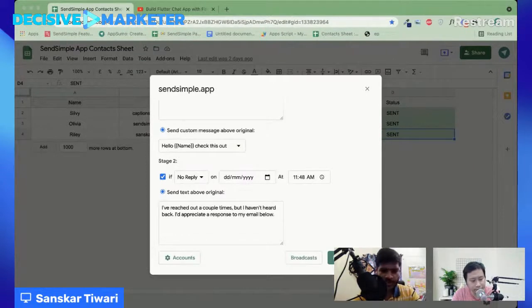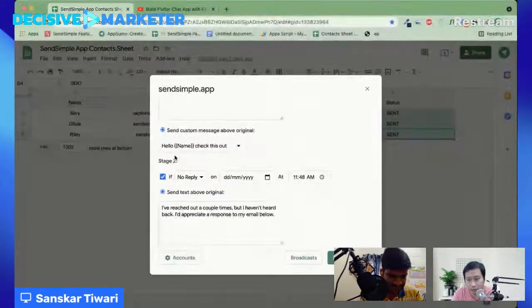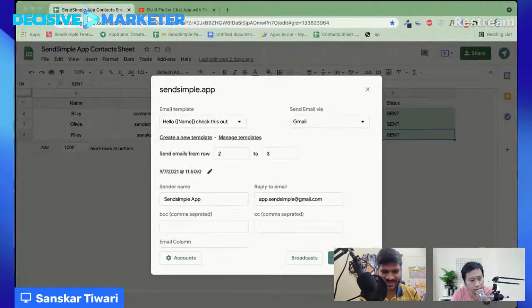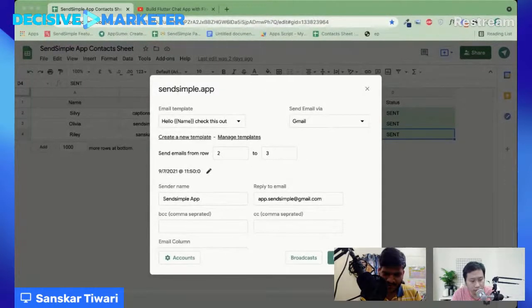So yeah, I have actually already posted a video of how we can use that platform with the SendSimple application to send personalized images and all. Let me see if I have deleted those templates, because I was retesting and stuff. Right now I don't have them. Will it be fine if we watch that video? It's up to you.